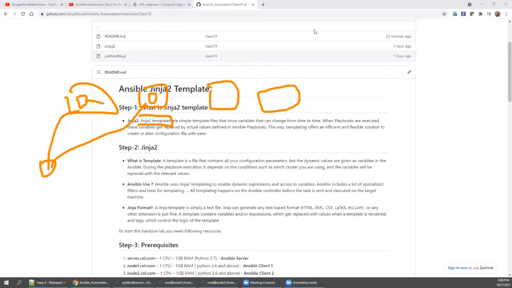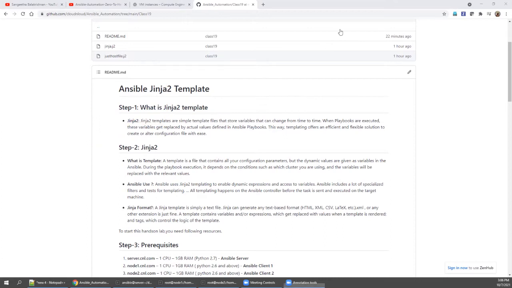All you need to do is first create a Jinja 2 template, and then deploy it using the template module that Ansible has. What is a template? A template is a simple file. I also attached a couple of files.